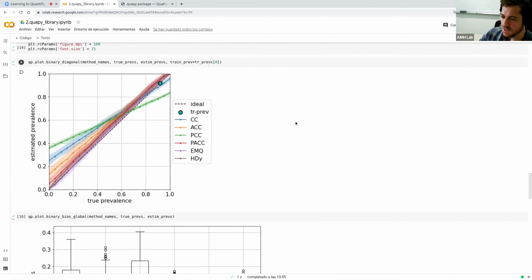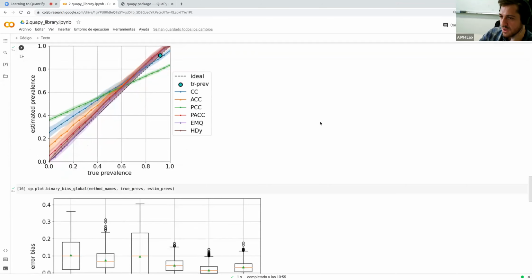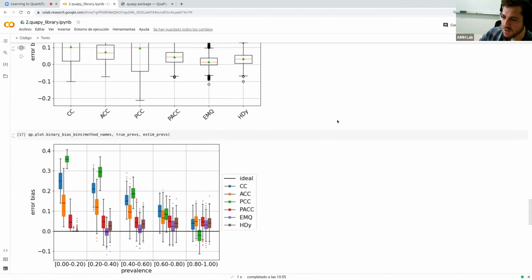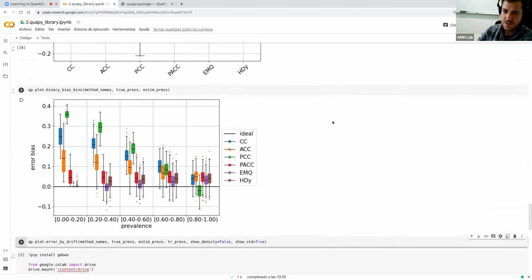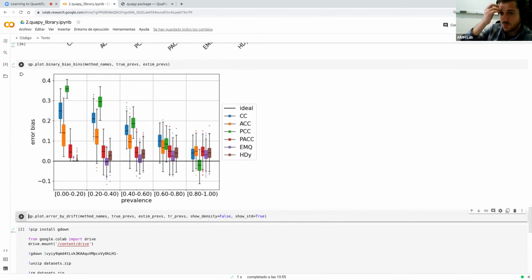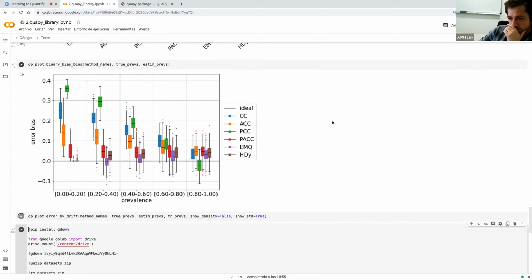And it's sometimes difficult to analyze what's happening there as a combination of 10 plots. So something that we can do instead is to generate a different plot, which is called the error by drift plot, which is this one,